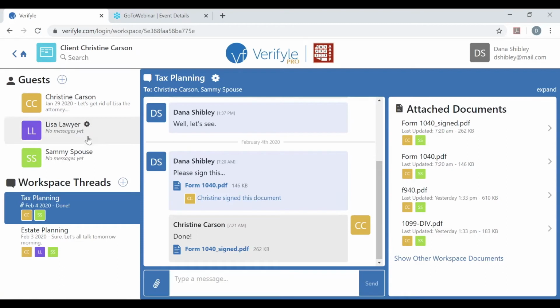Inside of this workspace, you can see that there's a workspace thread called Tax Planning. And in this workspace thread called Tax Planning, I'm communicating with Christine Carson and Sammy Spouse. Because I'm communicating with Christine Carson inside of this workspace thread, Tax Planning, the Verifyle system has automatically added Christine's